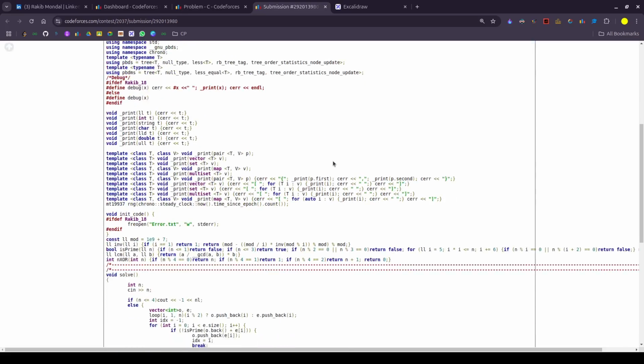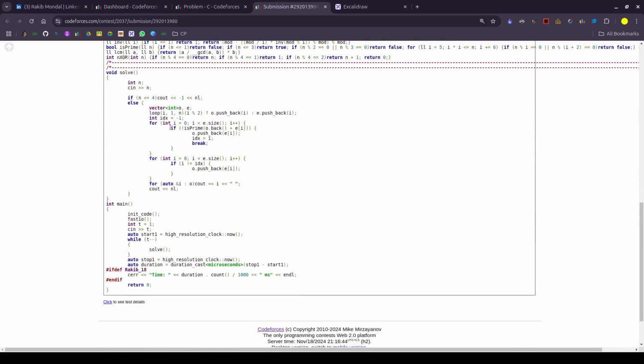Hope you understand the solution. So here is the code. If n is less than or equal to 4, then the answer is always minus 1. If it is not, I'm just taking two vectors, odd and even. If it is odd, I am just putting the value in odd, from the permutation. If it is even, then through the ternary operator, I am just pushing the even value to the even